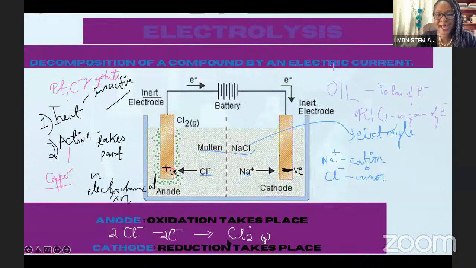So this is what that half equation at the anode would look like, which is indicative of oxidation. Right? So oxidation is the loss of electrons. We have our chloride ion that's negatively charged. It's losing those 2 electrons, but we have to balance it, so we end up with 2 there. And we get that Cl2 in its free state, with an oxidation number of 0. So you can see that we're going from an oxidation number of -1 to 0. And that is an increase.